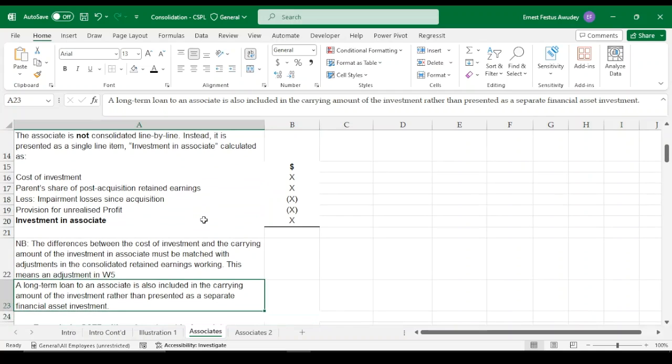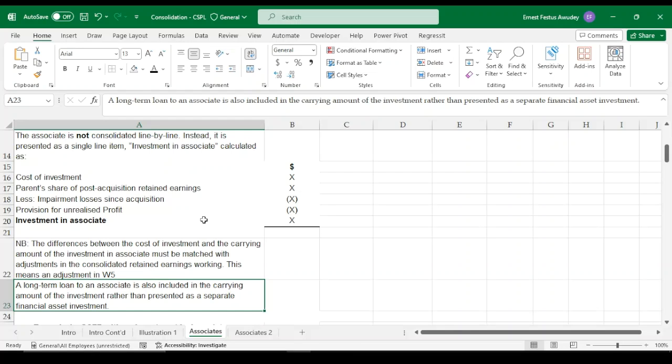Then secondly, this is actually rare. It doesn't really appear in questions like that, but you should take note of it. A long-term loan to an associate is also included in the carrying amount of the investment, rather than presented as a separate financial asset investment. So what you are saying is that if you loan an amount to an associate, or if the parent loans